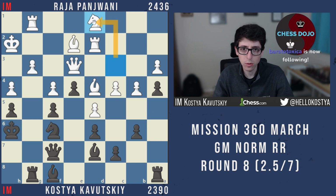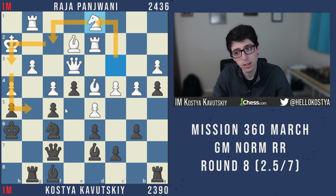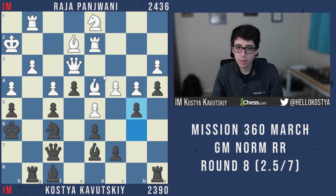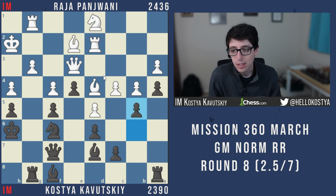So now white starts his maneuver: knight d1, knight f2, knight h3, knight to g5. And I definitely did not want to allow white to do this for free. So I played b5, and I think I played it pretty quickly too. I think my opponent was expecting this move, because if I remember correctly, he spent a lot of time on knight d1, then I played b5, and he played knight f2 reasonably quickly. It's kind of funny: I wanted to play b5, and he definitely was expecting it. But b5 is not a great move,